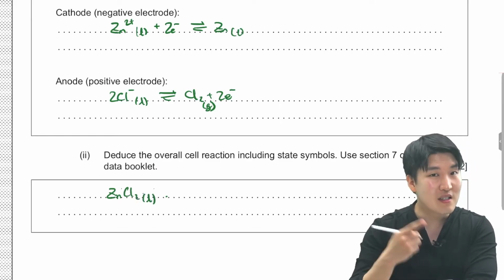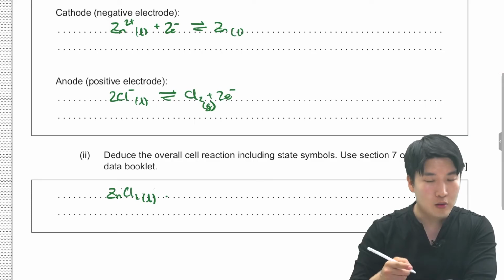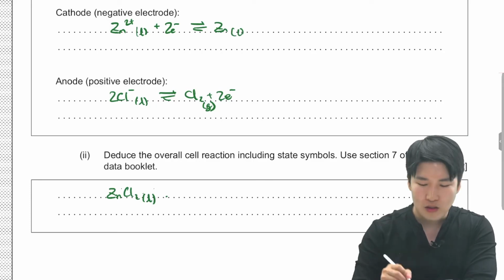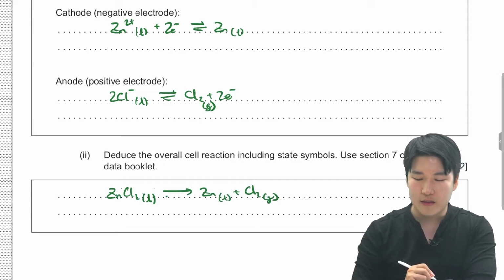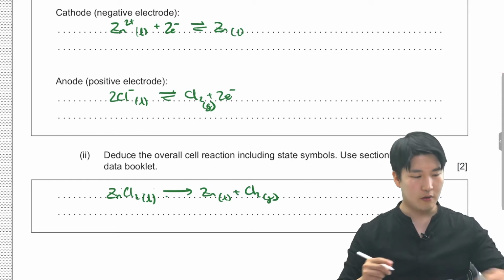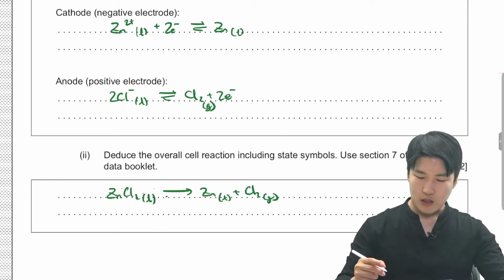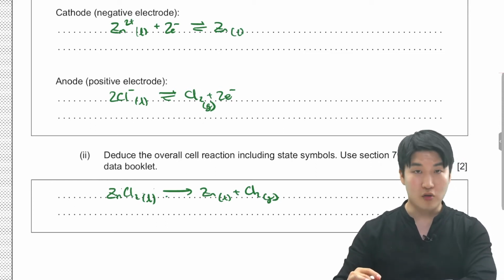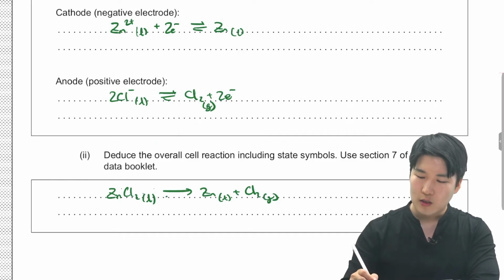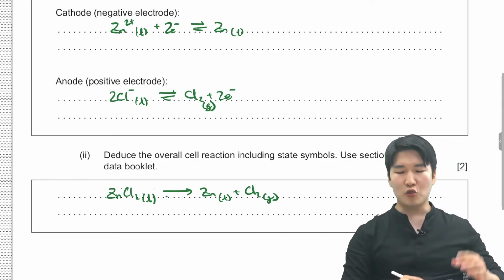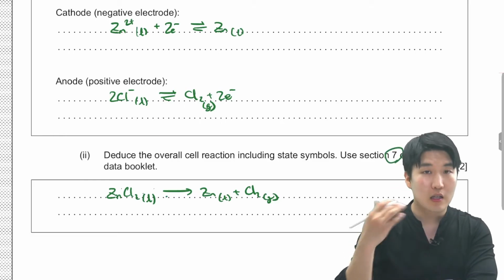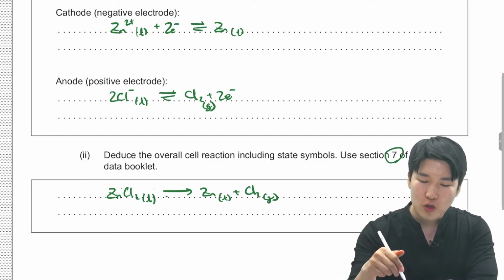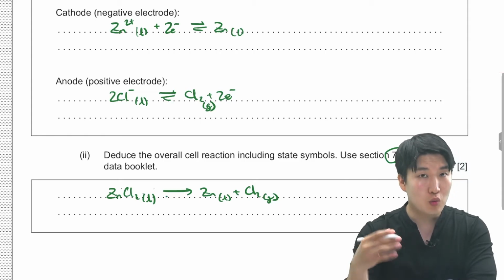So let's represent zinc chloride as ZnCl2 liquid, turning into zinc liquid and Cl2 gas. That's the equation that represents our electrolysis. Now, we were given the guidance of using section 7 of the data booklet. We have just used that in our previous answer, just to make sure that the zinc produced would be in